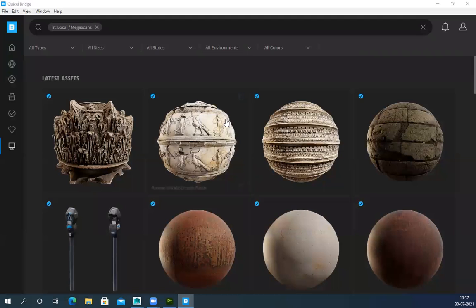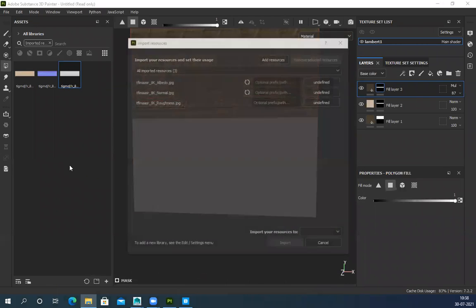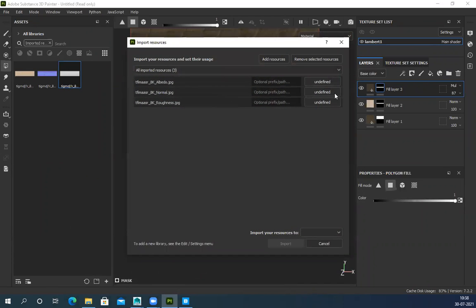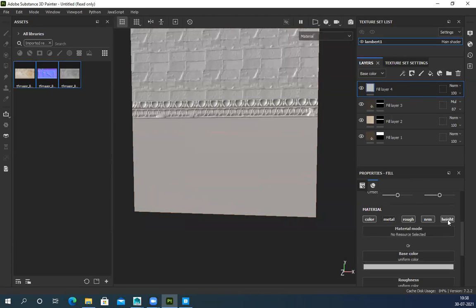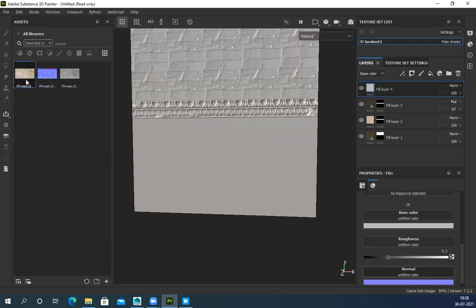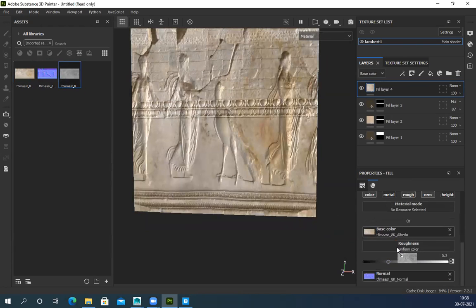Suppose this one I want to add. Base color, normal, and roughness.